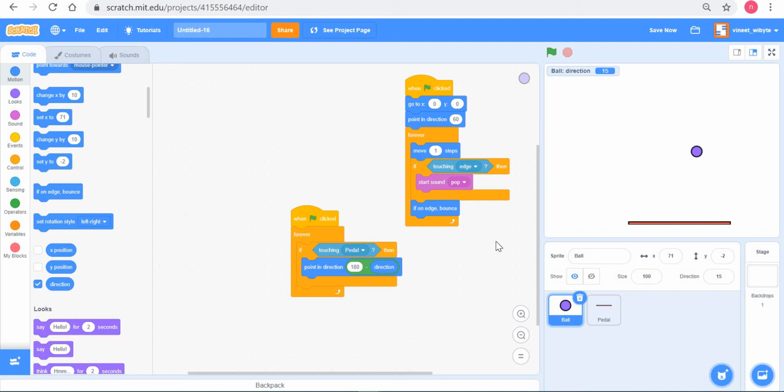Number two, when the ball bounces off a horizontal surface, its direction changes from whatever direction to 180 minus that direction. So we can exploit that property by setting the direction to 180 minus direction, and hence create the effect that the ball is bouncing off a surface. That's very useful in a lot of things.